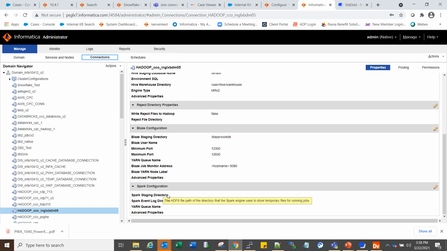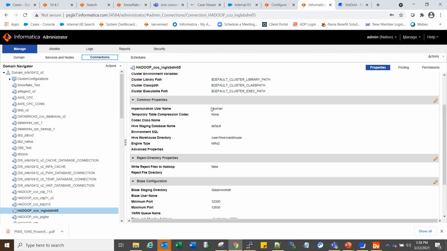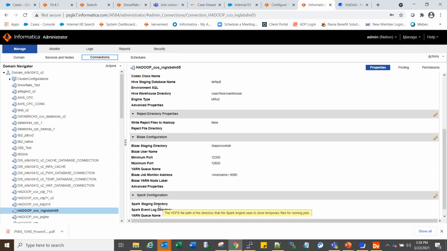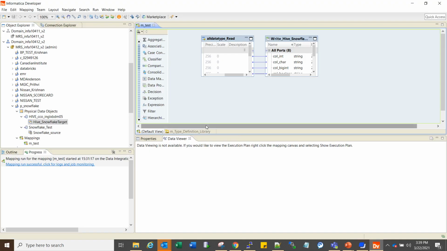Since we have not specified anything here, the default location would be under /temp, that is the HDFS file path. So make sure that the impersonation user here, which is specified, has full rights to create and access that HDFS directory. That would be our Spark staging directory. Once that is configured and permissions are provided correctly, our mapping will run fine.